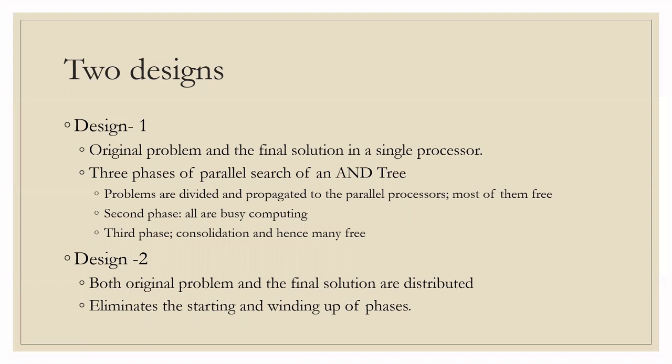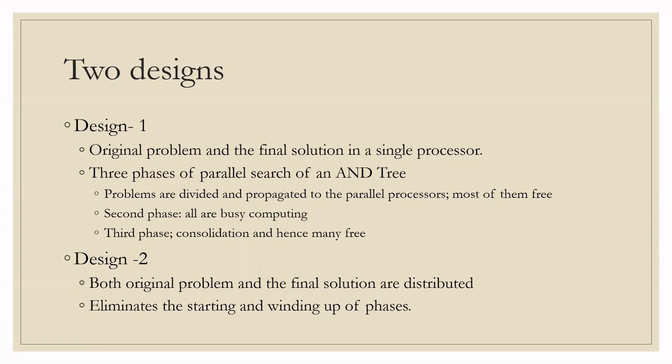In the first phase, problems are divided and propagated throughout the parallel computer. For most of the first phase, there are fewer tasks than processes, and the processes are idle until they are given a problem to divide and propagate. In the second phase, all the processes stay busy computing. And in the third phase, there are again fewer tasks than processes, and some of the processes combine results while other processes are idle. Hence, the maximum speedup achievable is limited by the propagation and combining overhead.